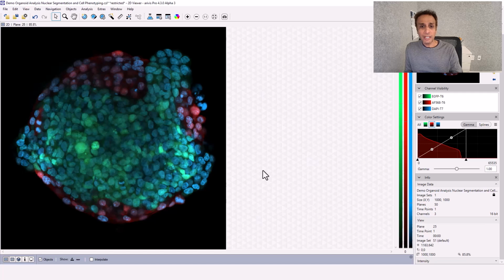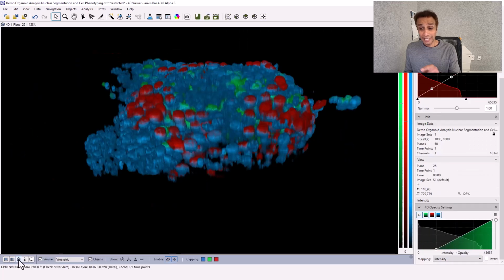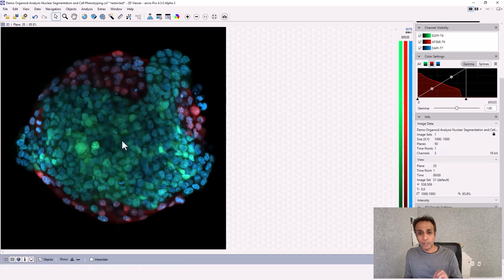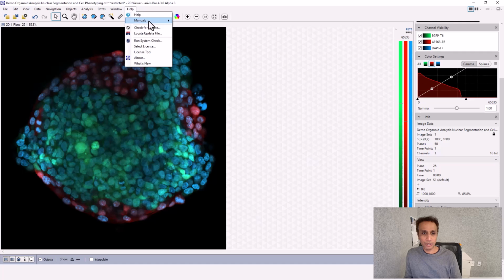Since this is a Z stack, let's click the 4D viewer icon at the bottom to switch the view to 3D. And an additional panel shows up at the bottom right, which allows you to adjust the opacity of this 3D visualization. To learn more about various arivis Pro features, click Help at the top and Manuals, where you can